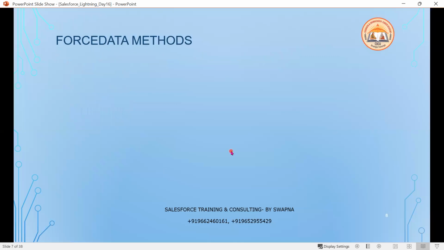Now back to the hours. So this is done. Now we are moving on to the methods. Why do we have methods in the force:recordData? Because by default, force:recordData does not have saving the record, creating a new record, deleting the record, or updating the record. Those options are not available by default for the force:recordData. Now, if you wanted to implement those DML operations using the force:recordData, then you need to use certain methods in the